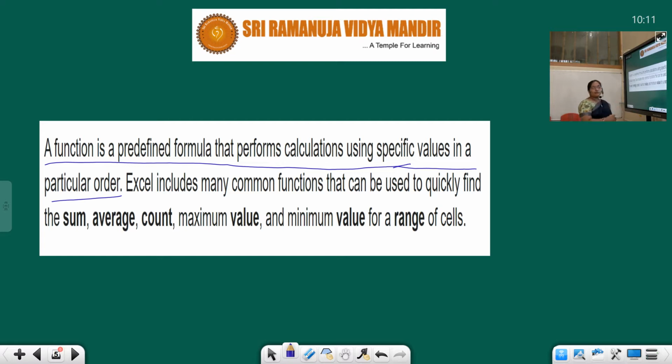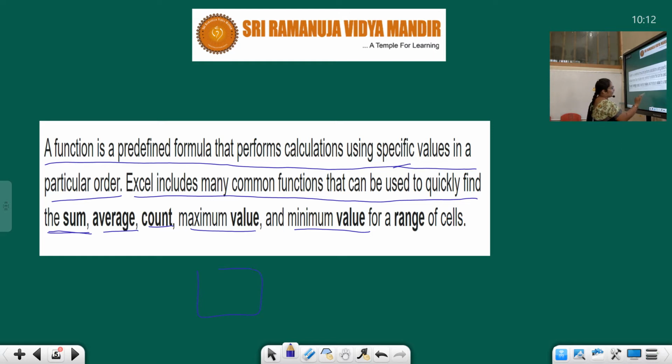You can perform sum, average, total, etc., minimum, maximum in the MS Excel document. Excel includes many common functions that can be used to quickly find the sum. The mainly used are sum, average, count, maximum value and minimum value for a range of cells.